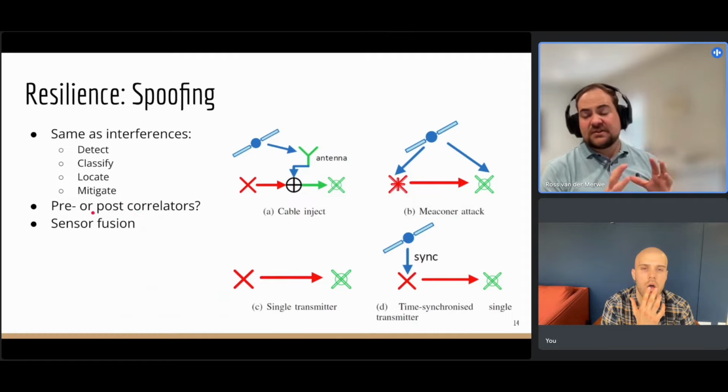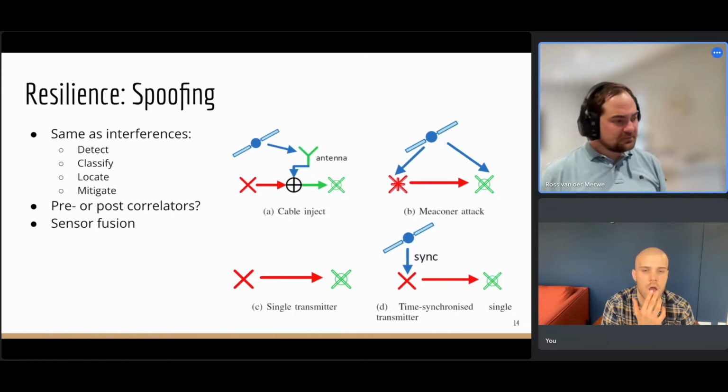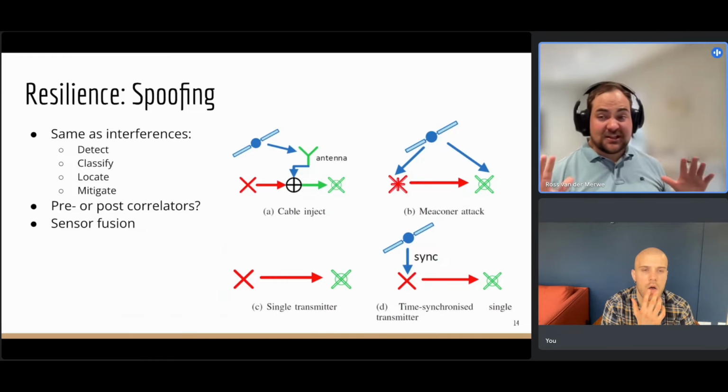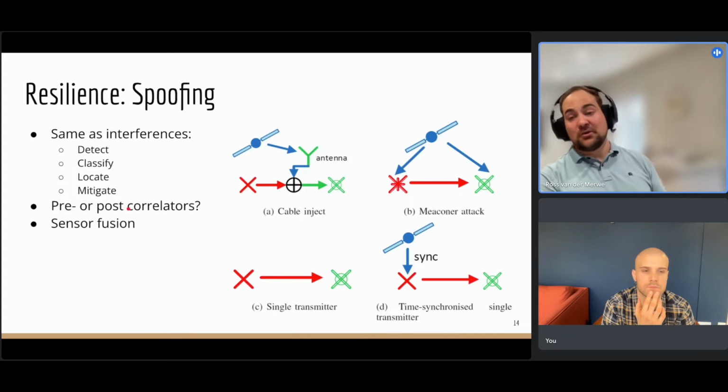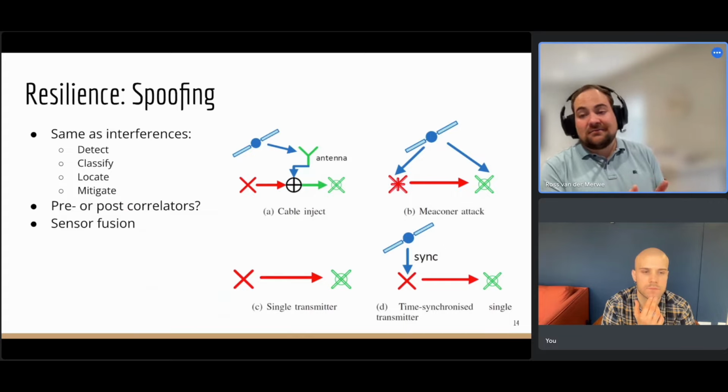You're basically using your tracking and acquisition blocks, and letting them do their processing first. And once you have results from acquisition and tracking, you use these for your detection. This is a very big topic when you're talking about spoofing. Pre-correlator detection allows a lot more for ML to do. You can do really crazy deep learning things, but it's a lot more effort and a lot more difficult. With post-correlation, you're leveraging all the benefits GNSS has already developed over the years, but you're also limiting what you can do with them.